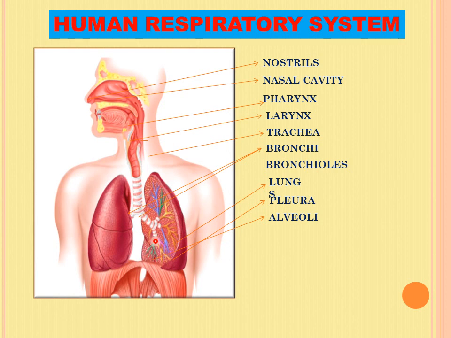Now, as I told you, after the bronchioles, primary, secondary or tertiary, some balloon-like structures are present. Although these are visible in the diagram also, they are very small. So these balloon-like structures are known as alveoli. So what are alveoli? Alveoli are the balloon-like structures in every lung. These are responsible for the exchange of gases.